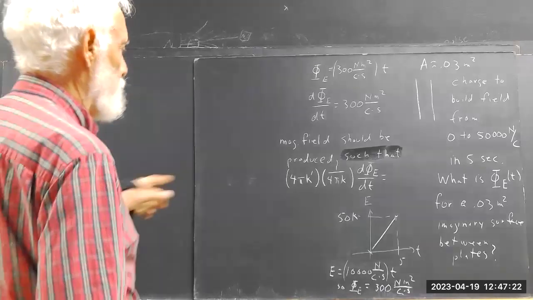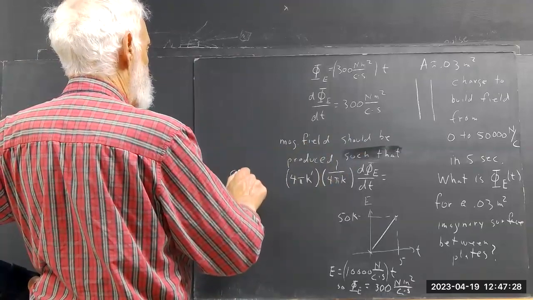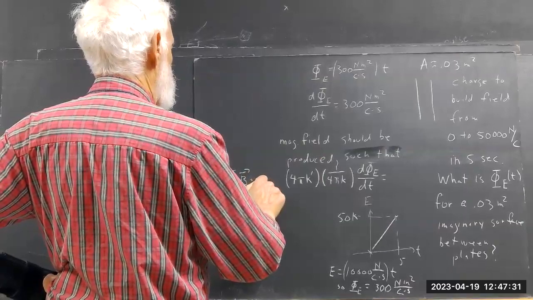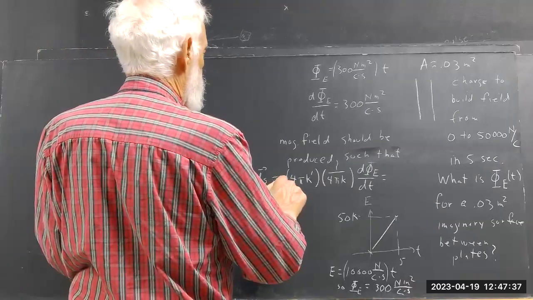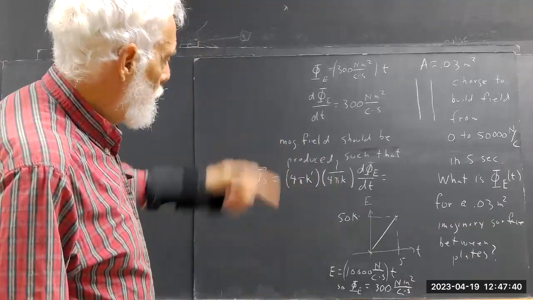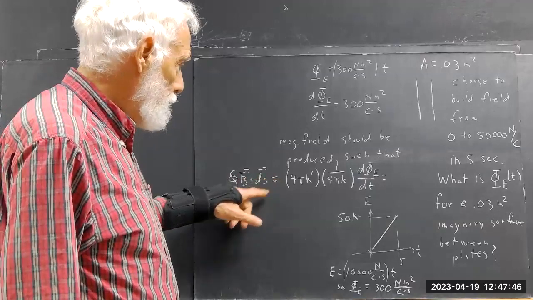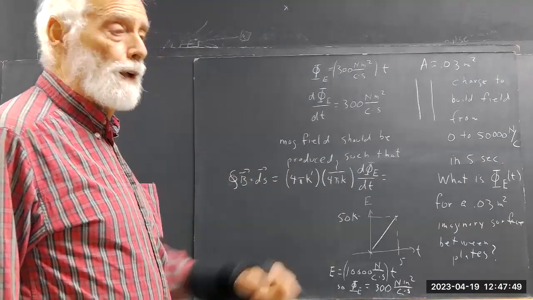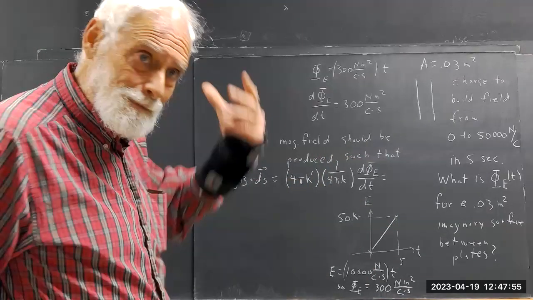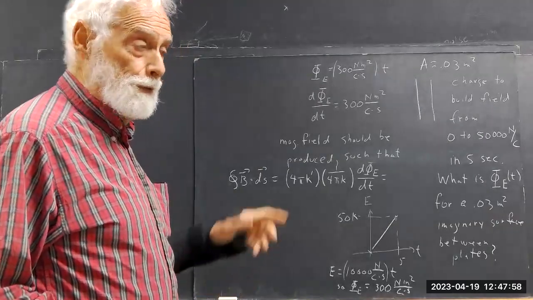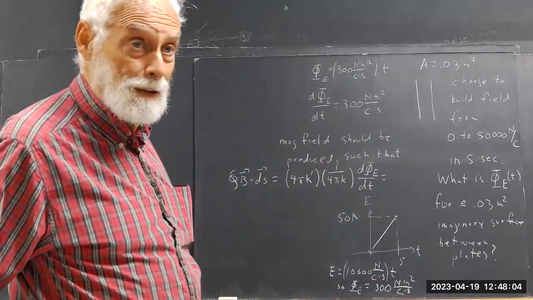I wasn't thinking clearly when I said that should be equal to the magnetic field. The magnetic field is such that the integral of B dot ds around the perimeter ought to be equal to this. So it's going to have units of magnetic field times distance, not just magnetic field. Now, the distance around this thing is on the order of a meter. So the numbers that we estimated are still going to be valid. If you divide that integral by that distance, you're still going to get something on the order of 10 to the negative 10